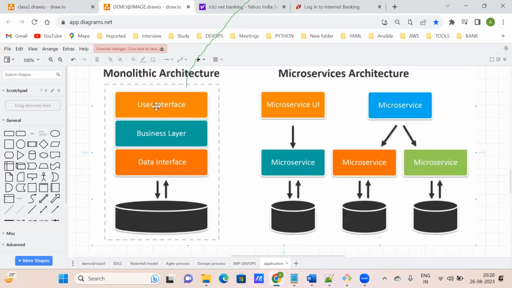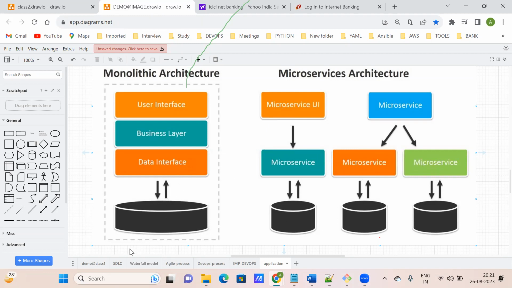And monolithic, see, everything is in a single layer: user interface, business layer, data interface. But if you go to microservices, these are all separate microservices, correct? Maybe the UI is one microservice and the rest is divided into different parts. If this one is down, it should not impact the others, correct? That is how developers develop nowadays, using the microservices pattern.